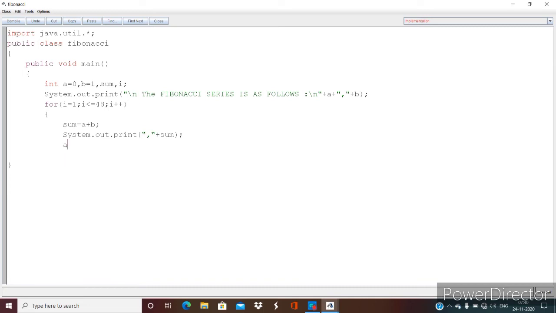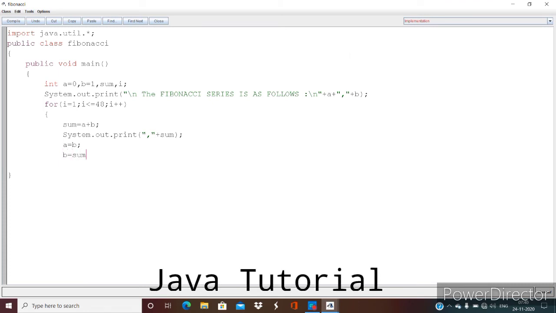A, which was holding 0, should become B. That is, the value of B should be stored in A. So B was 1, so A will now become 1. And then what will B become? B will become sum, which is the third term of the series.